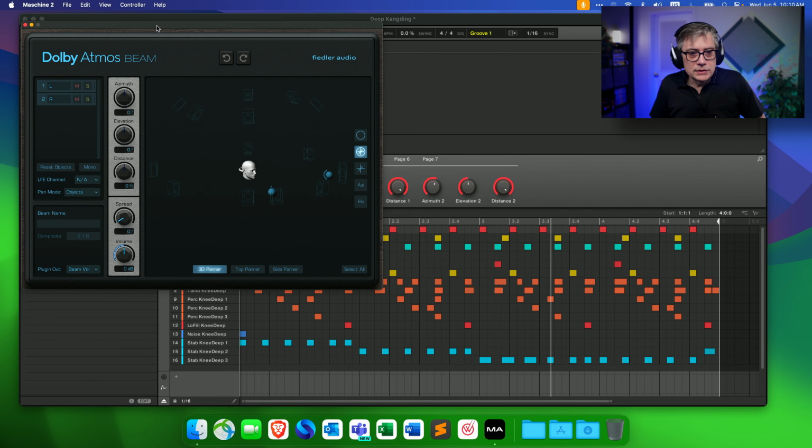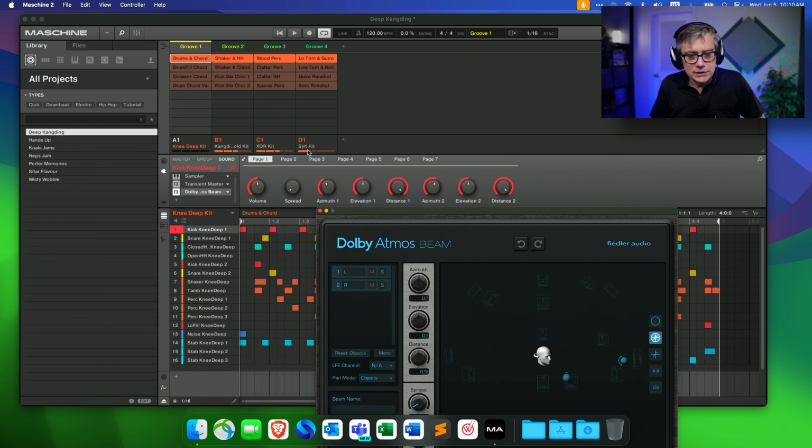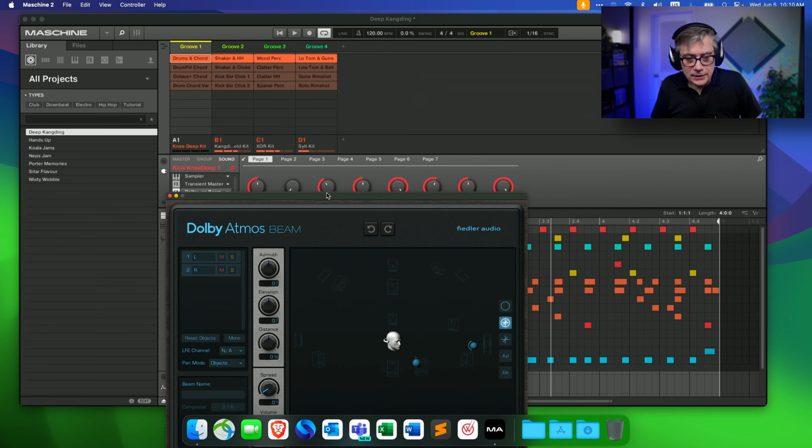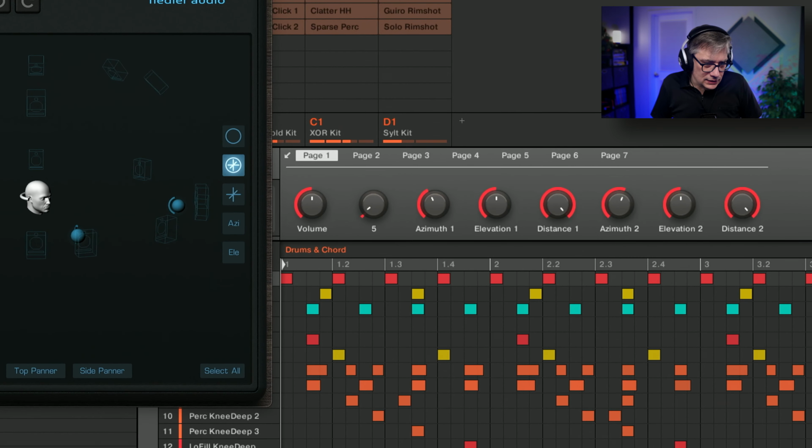Now, the nice thing about Maschine is that all the main parameters that we need are immediately visible in the first page of our macro window here. So if we select the Dolby Atmos Beam plugin, we have all the controls that we need. We have the volume control, and we're going to need that in a second. We have the spread control. This allows us to change the size of the object. And let me just move that over here. If I'm increasing the size, and you might not see that because it's a little difficult to see, this creates these little clouds here. That essentially means that the object size has increased.